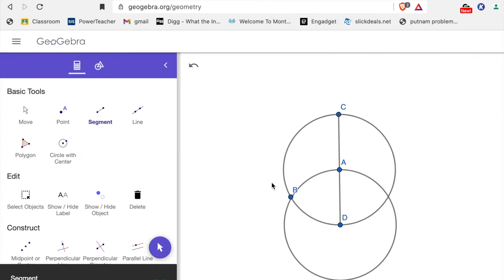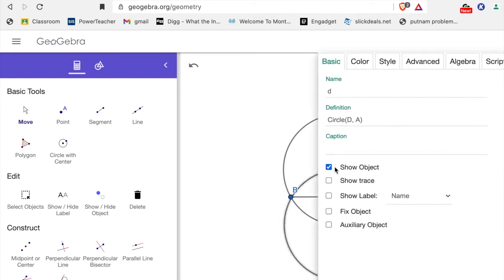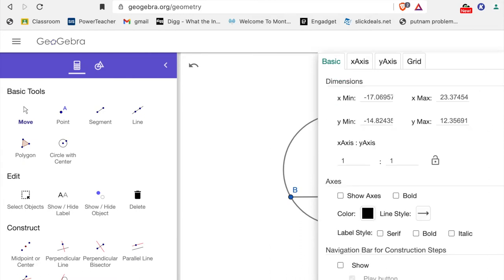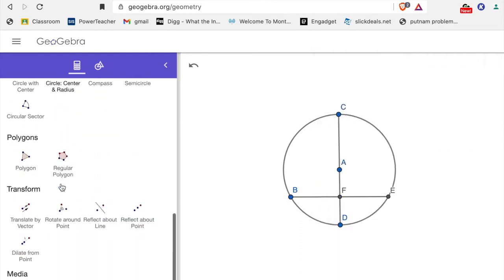We're going to connect the dots from here to here. And what we had done is we're going to use, let me put a point there, from B to the middle. So from B to F should be the distance all the way around 7 times. Let's hide everything else and try that. So we'll start on the top at point C